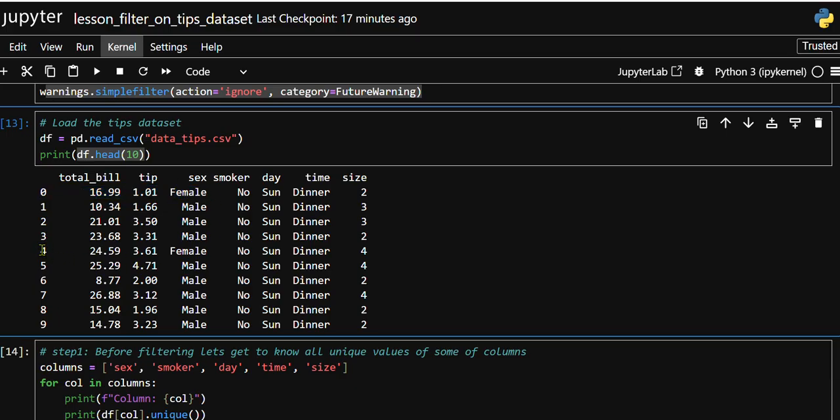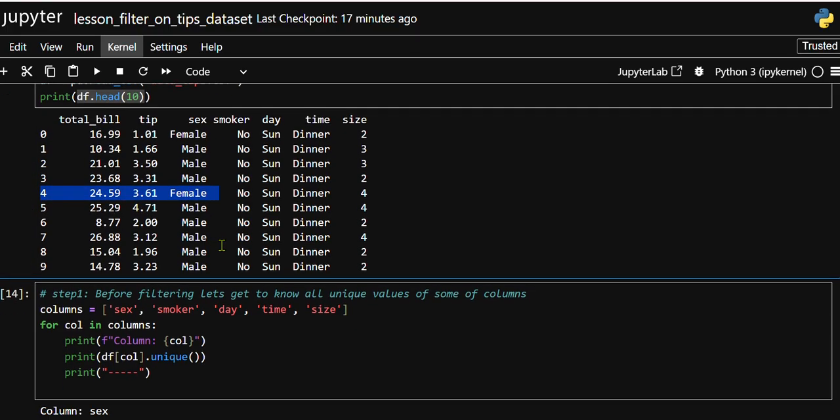Then for index 4, it is true, it is a female. And the rest of them are all male, male, male. So for index 0, it should be true, and for index 4, it should be true. So if you come down,